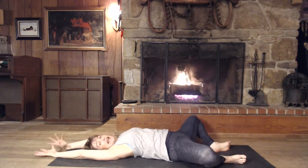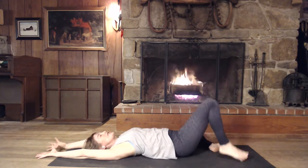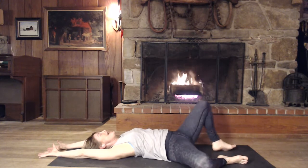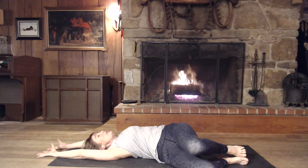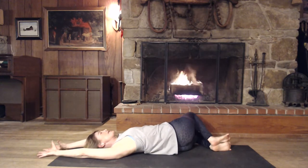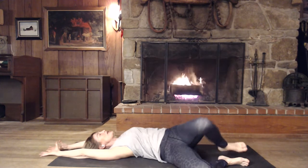I'm going to be taking you through some active range of motion exercises and stretches that aren't just static stretching. This really is going to be, as I said, recovery, mobility, and flexibility, and we're going to be using a variety of stretch methods. So this exercise I do almost every single day, and it's really great because what it